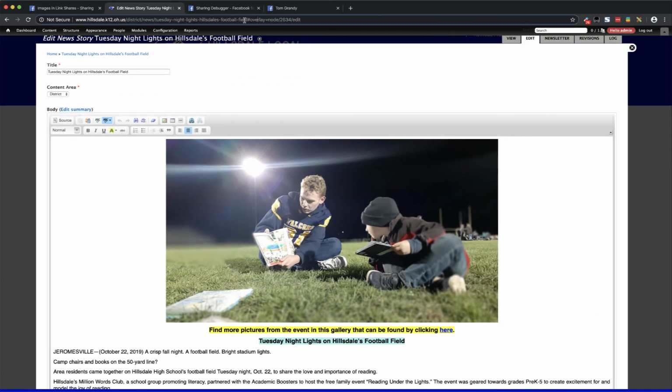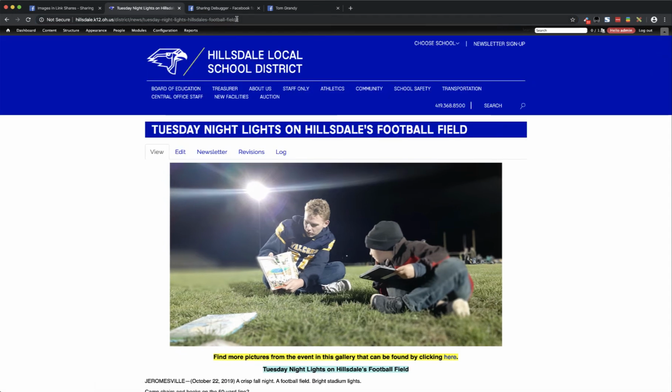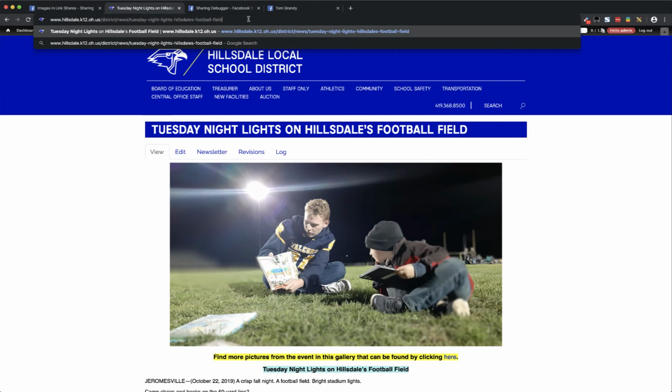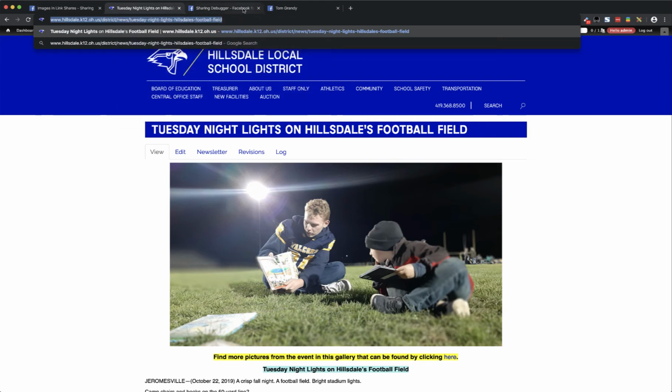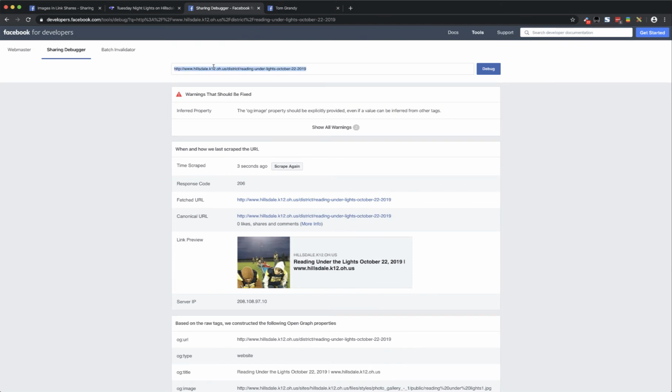So let's not grab that whole URL, just what the URL looks like when we view it. I don't really want that pound sign, so here it is. That's the URL that gets us there. And if we put that in here,